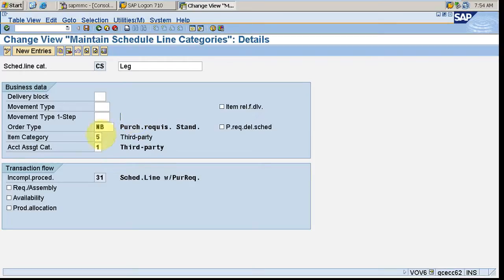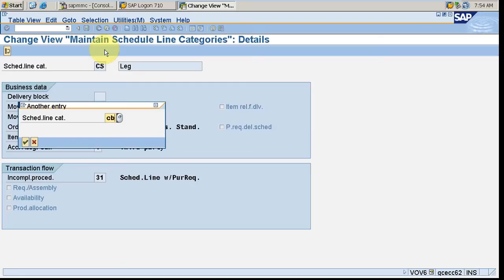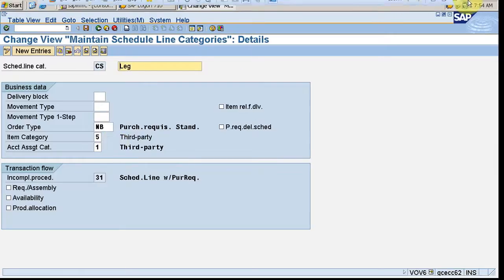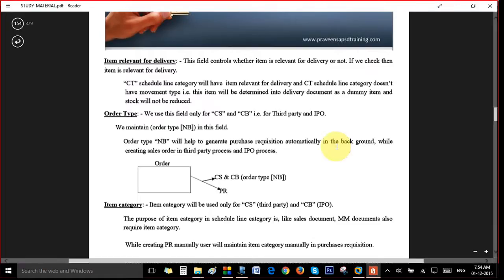So this 5 will help to transfer all these things from item category to schedule line category to PR. In CB that is 0, because we are not transferring anything here. In CS we have 5. In account assignment, I have clearly given this, I guess. I'll just show you here.